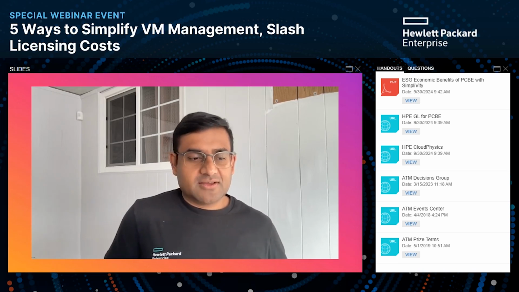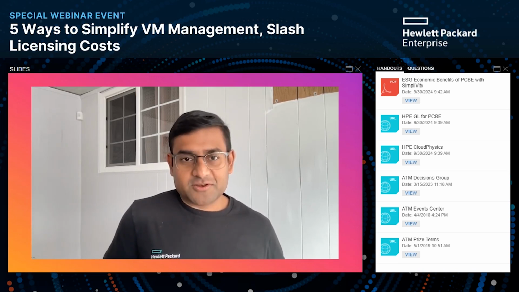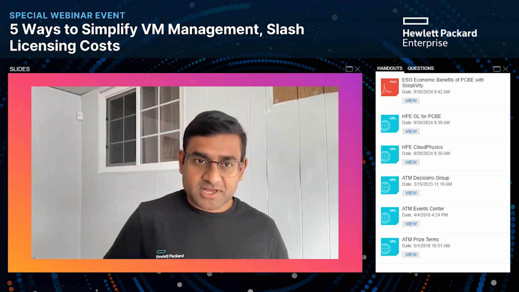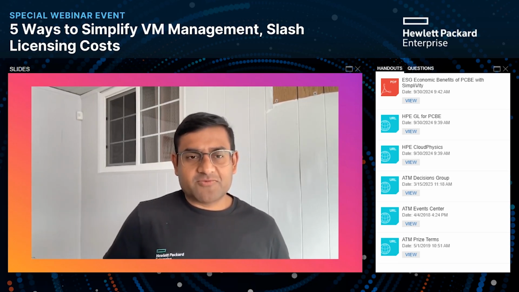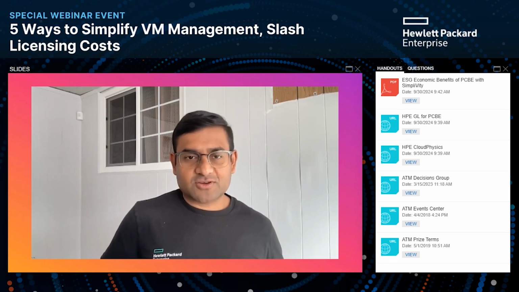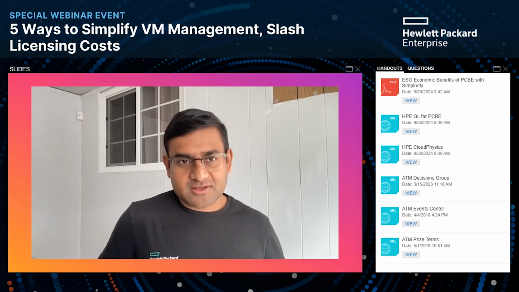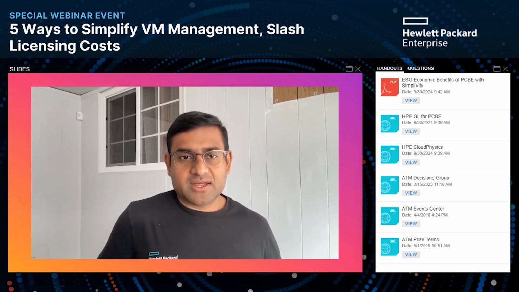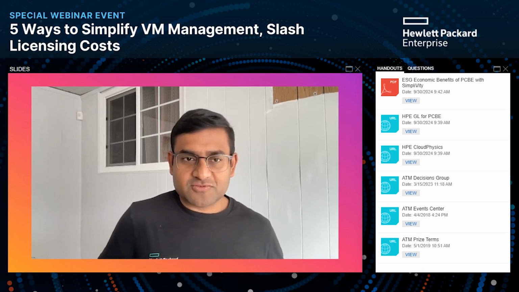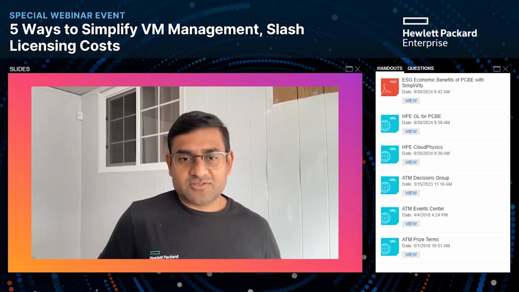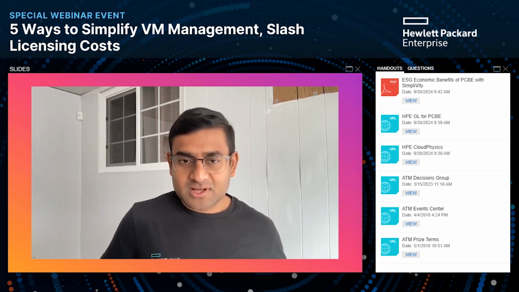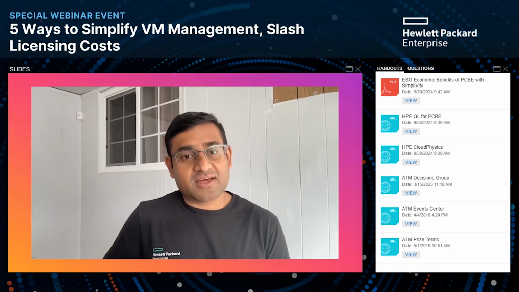Because it has things like native backup and recovery built into it. It has over-the-WAN deduplication built into it, right? So things where you can save on data protection costs, your administrative costs, cost to acquire is way lower. Interesting fact is that ESG, a third party vendor, did an economic validation on SimpliVity, and it was found out to be the most cost effective solution for the edge, right? Where it's actually 66% less in terms of TCO than the cloud, and then 28% more savings than other hyperconverged